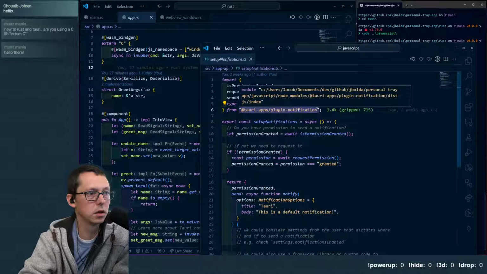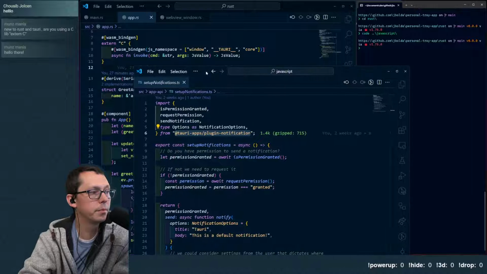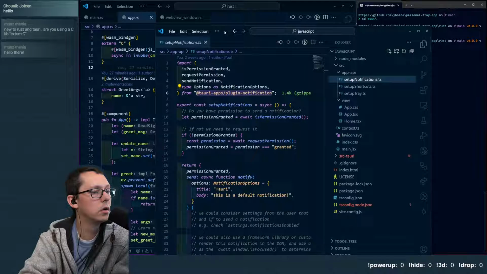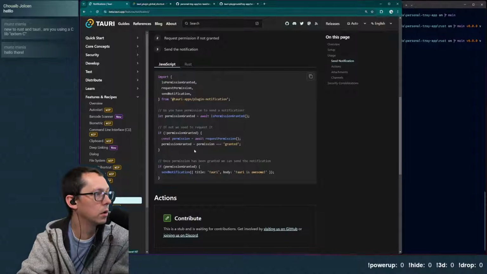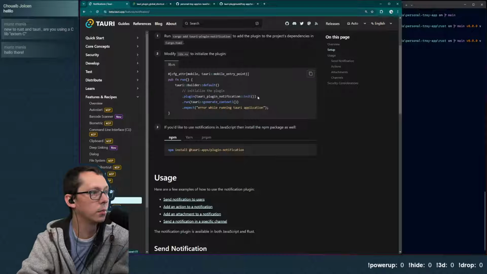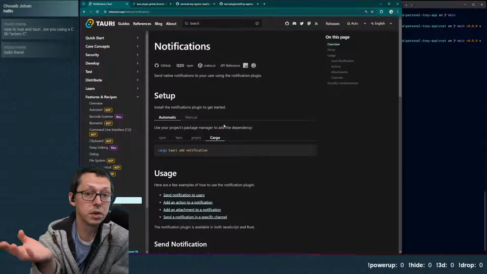And we might want to look at how the notification plugin is implemented. But I think we could invoke directly. That being said, we do need to add a few things. There is a cargo tauri add notification. I'm curious what that's going to end up doing, but we do need to add it as a plugin. I don't know that we need to do this bit because we're not actually going to be using it through there, I don't think. But it will be on the window object, so it might just make sense to use it,